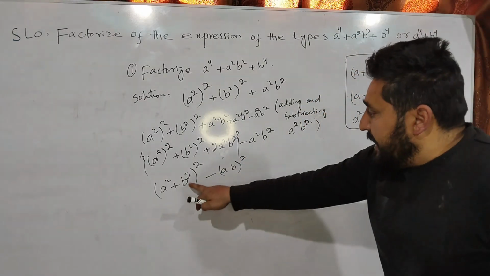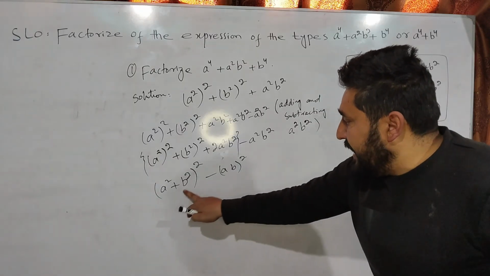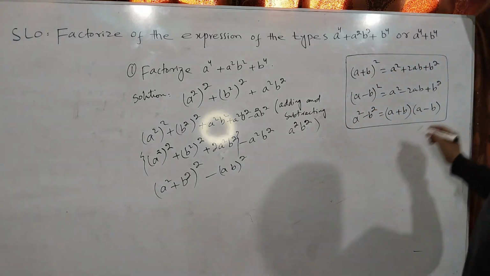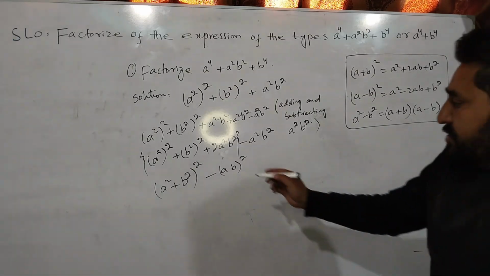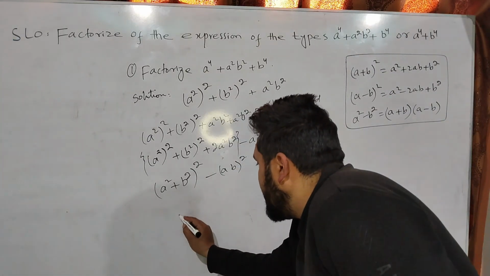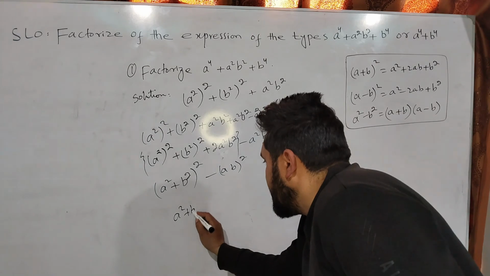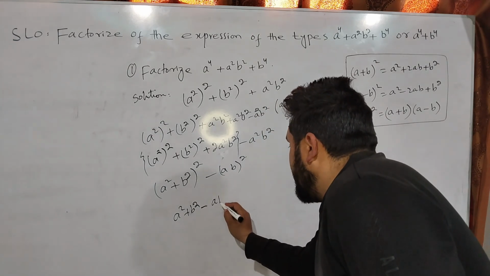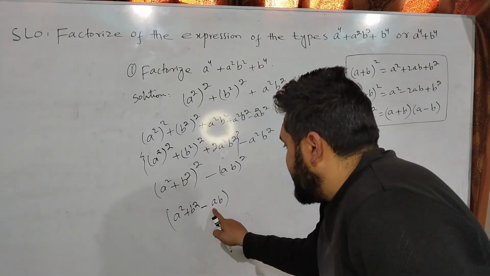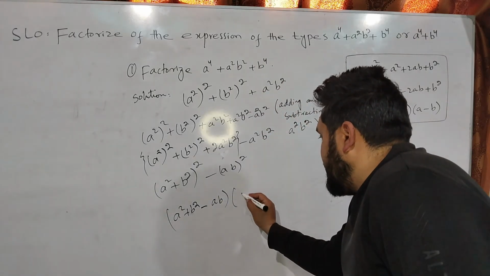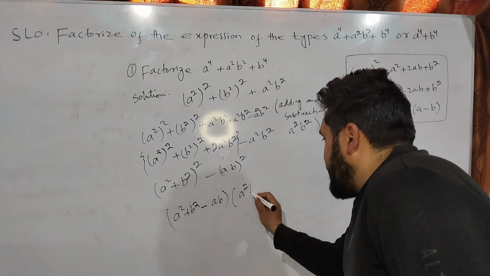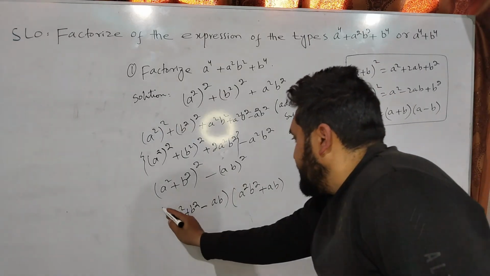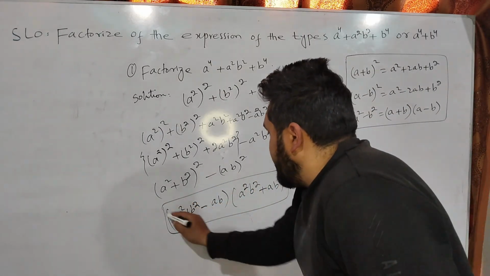Now this whole term is a and this is b, so a square minus b square, so we use this identity. Our a is a square plus b square minus ab, a minus b, and into a plus b. What is our a? Our a is this one, and our b is this one. So this is our final